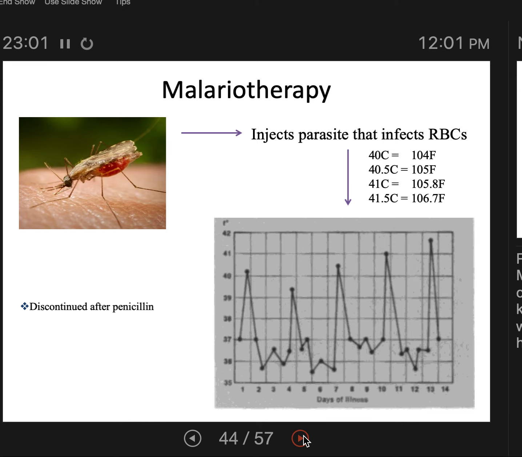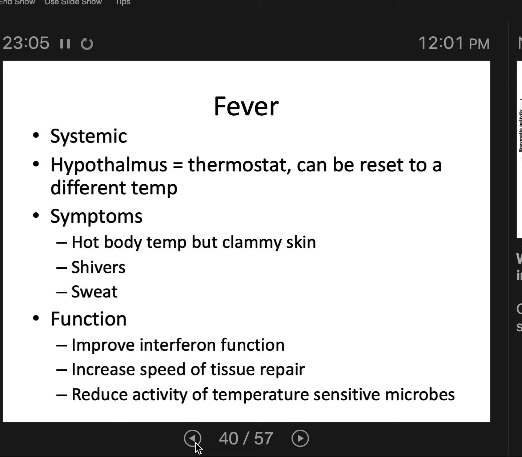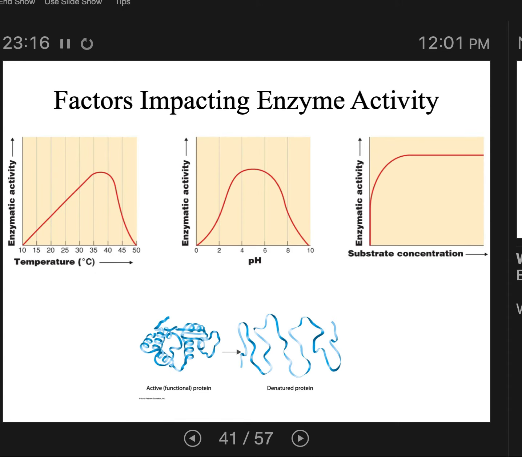So this is to say, if I go back a few slides here, that covers reducing the activity of temperature-sensitive microbes as well. All of these points are related to this temperature graph. This temperature graph is shifted slightly to the right. The optimal temperature is slightly to the right for your immune system proteins and slightly to the left for most pathogens. And this means that